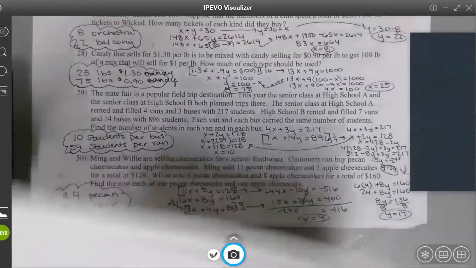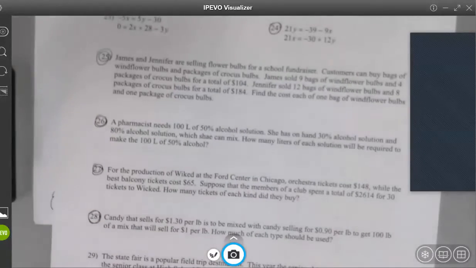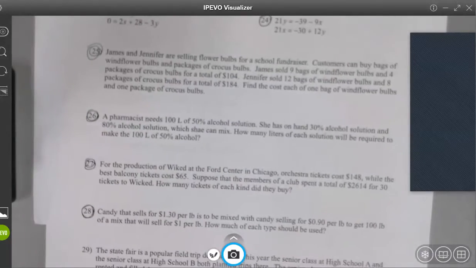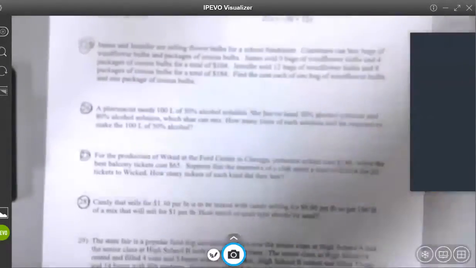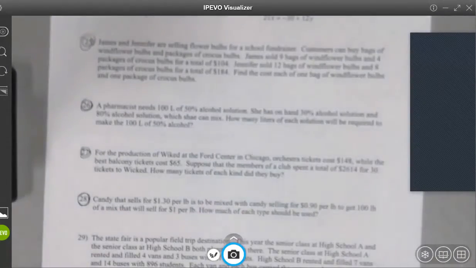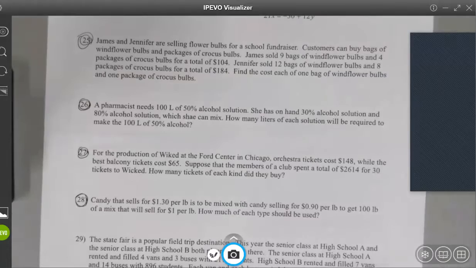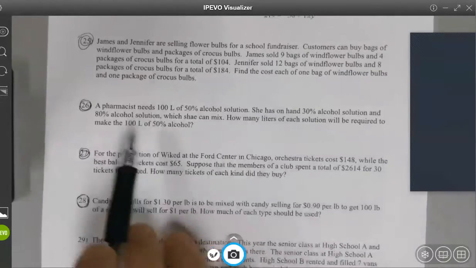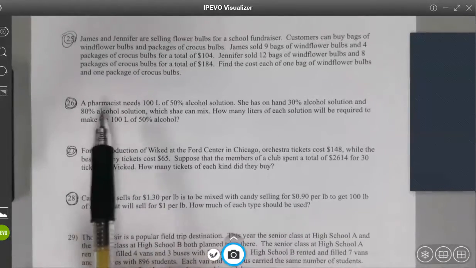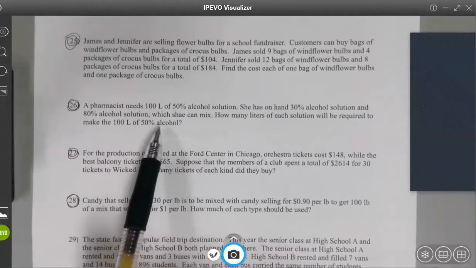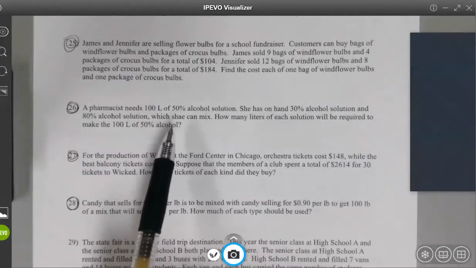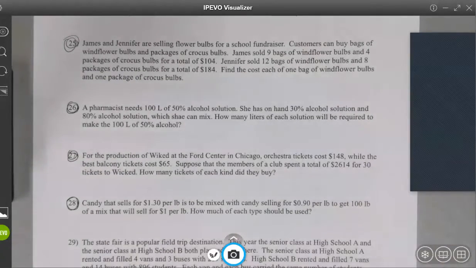So let's start with 25 and kind of work our way through. I want to talk about a couple of things in terms of the word problems. First of all, nobody should be totally stressed. Yes, there will be a problem like this. But as I told the group yesterday, there will also be other word problems on there that are much more direct. So don't stress about a single problem